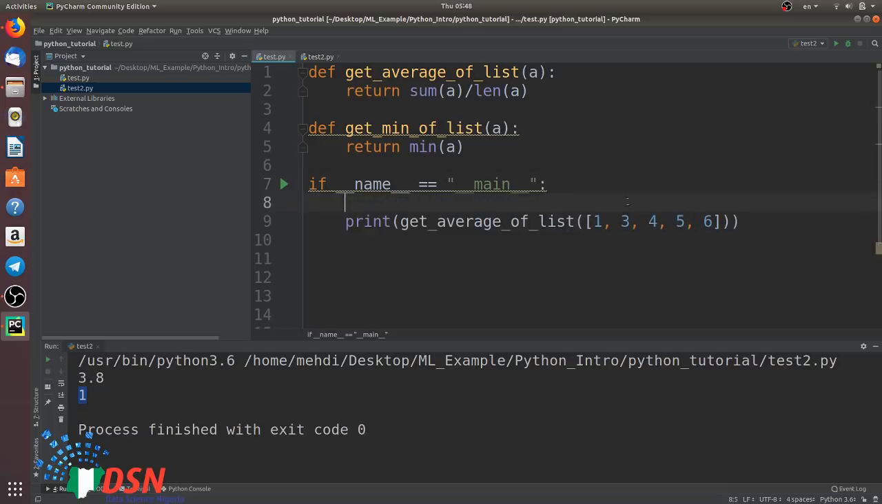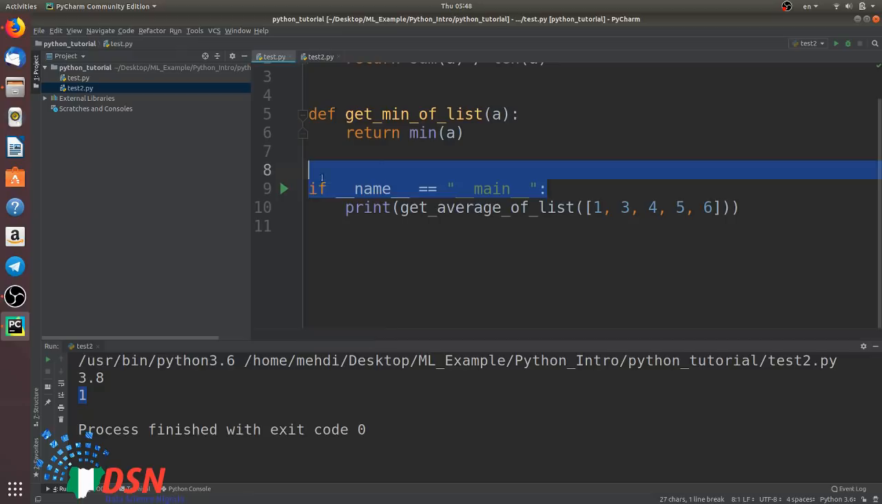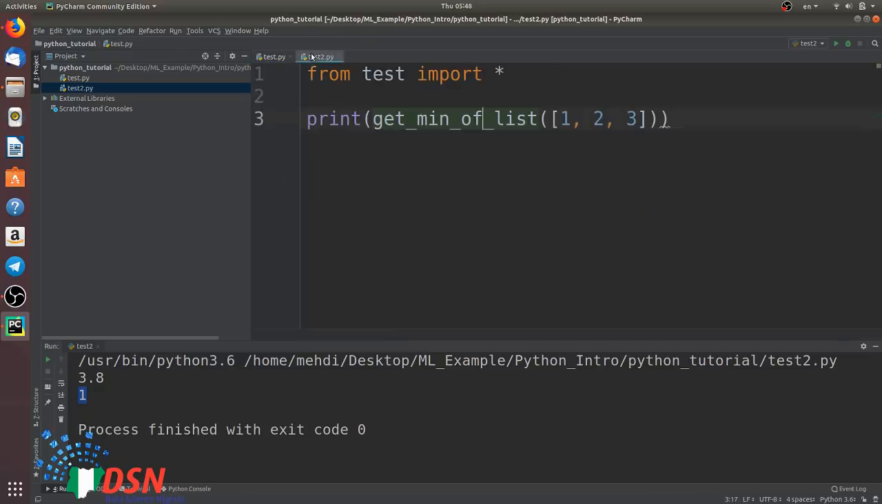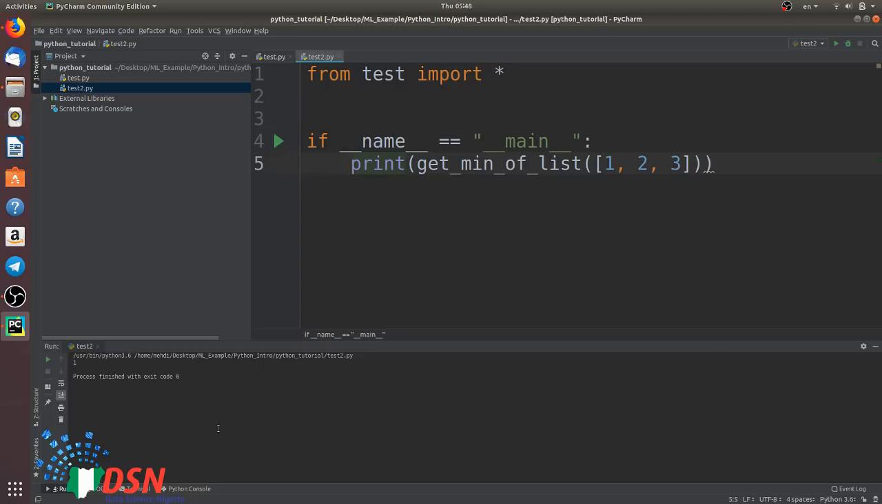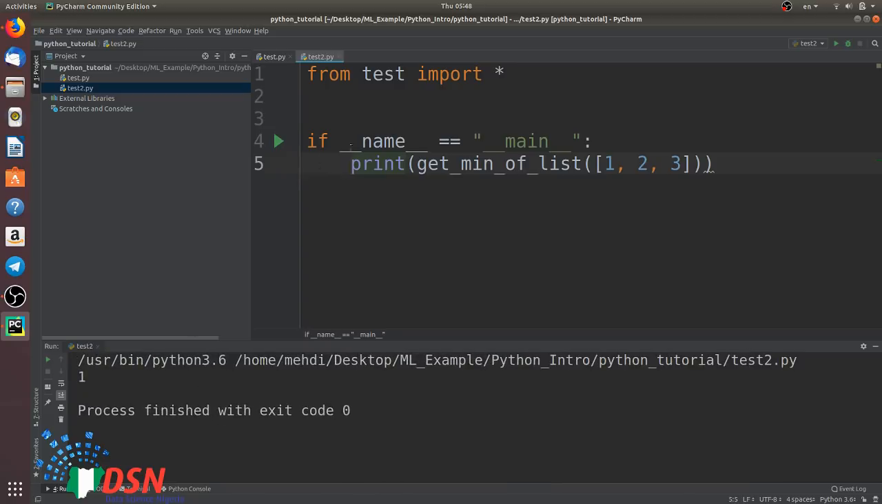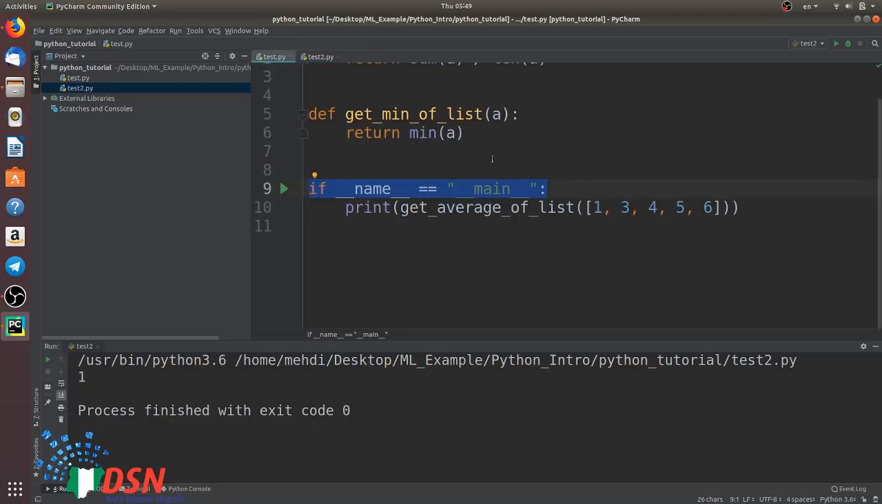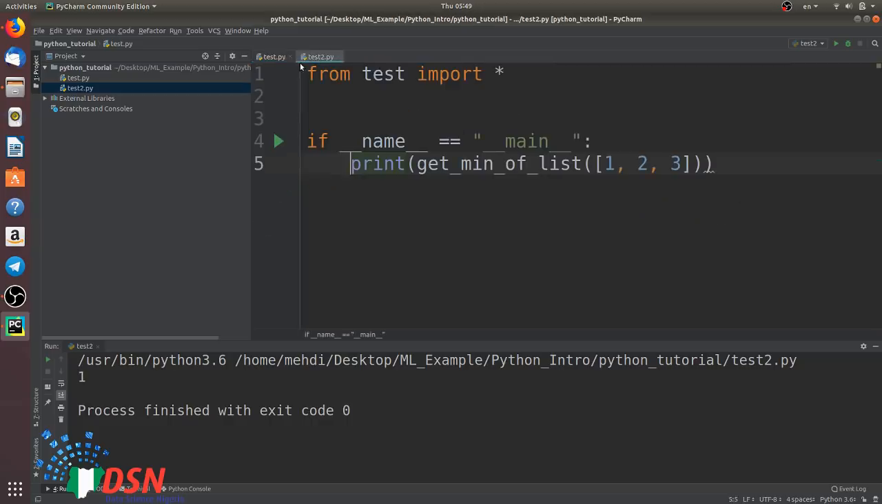for my files, which is actually more organized way to write my code. Okay, now if I run this, I will get just the minimum of this list, and this line is not executed. In fact, when I run test2.py, the name,